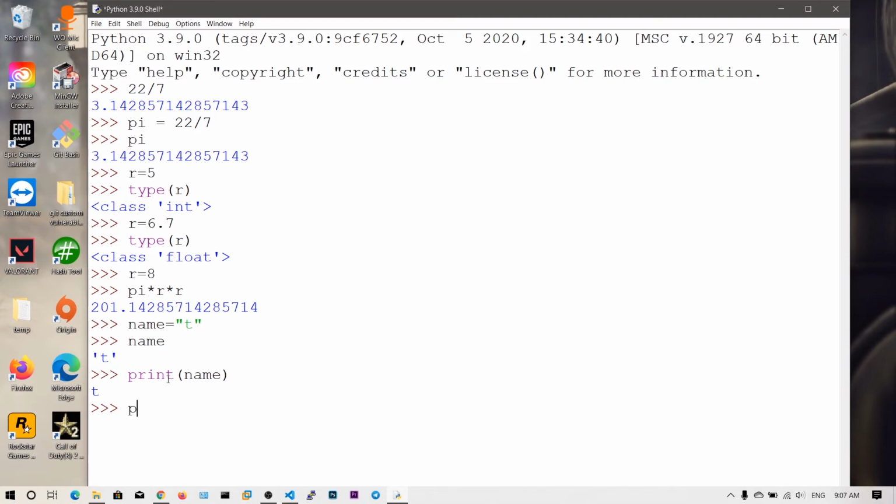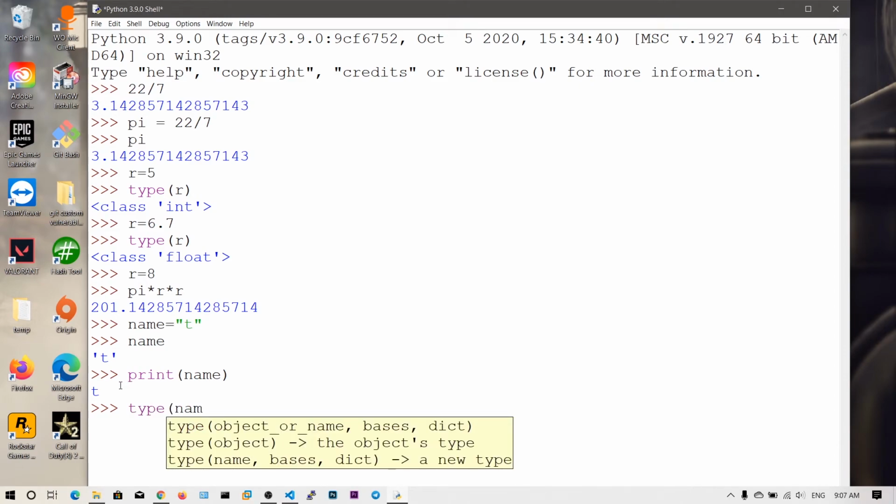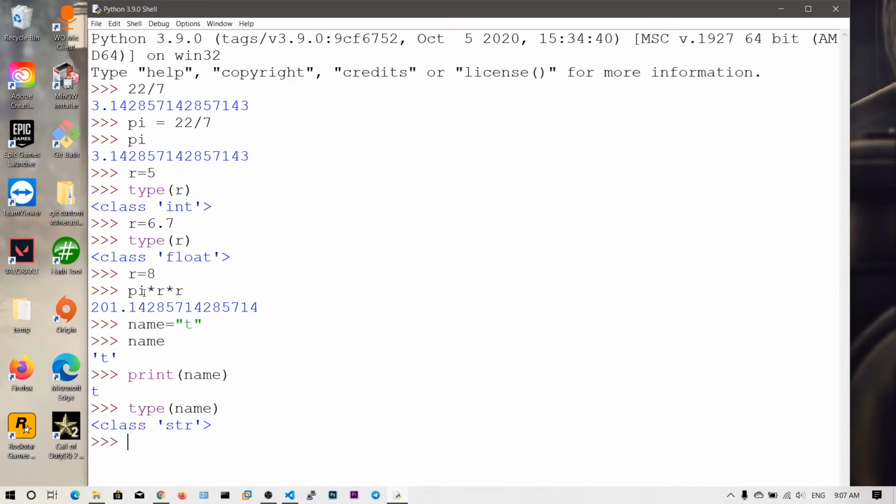Now I want to know the type of name, and this is a string, because a string is nothing but a sequence of characters, but here we have only one character. Now I can also say name is equal to Naga, Sai and Nikhil, and if I hit enter, this whole name will be stored in name.